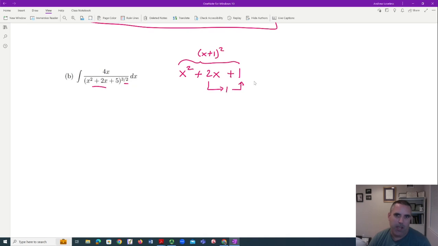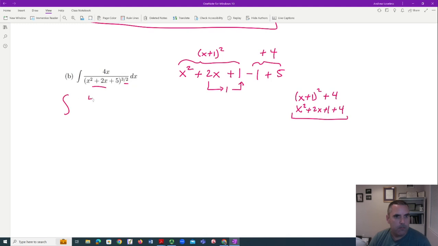But you can't just do that. You have to account for the 5 that was already there and the fact that you just threw in a 1. So let's subtract the 1 we added. Let's put a 5, and you say, oh, that's positive 4. It's very important you get that all right. It's worth your while to stop for a moment and re-expand, because you don't want to move on unless you are 100% certain that's the same as what you started with. Okay, so then you kind of take a breath